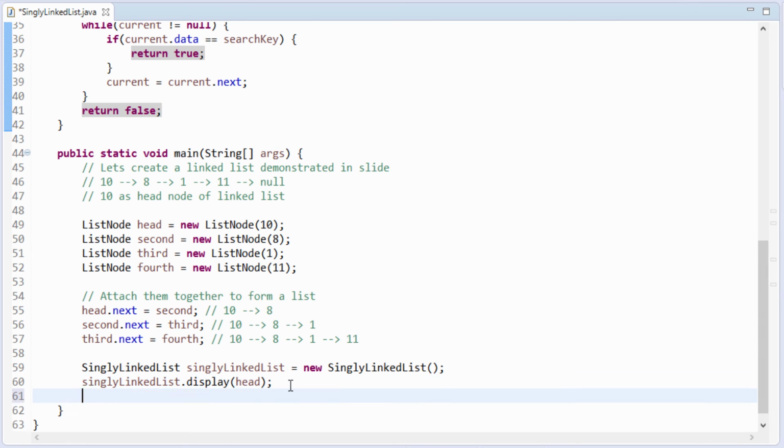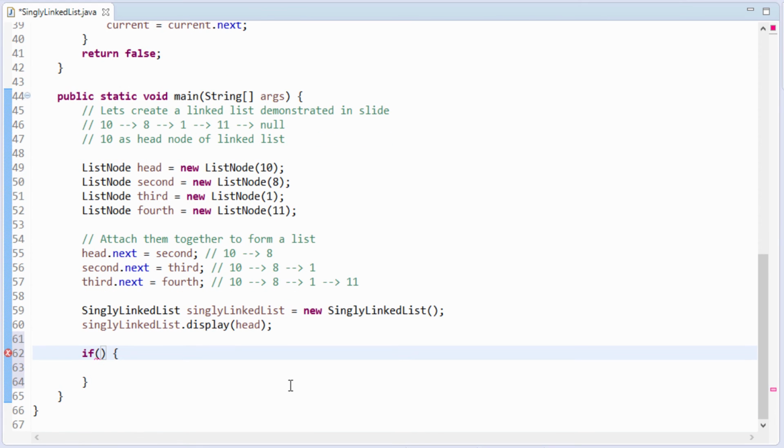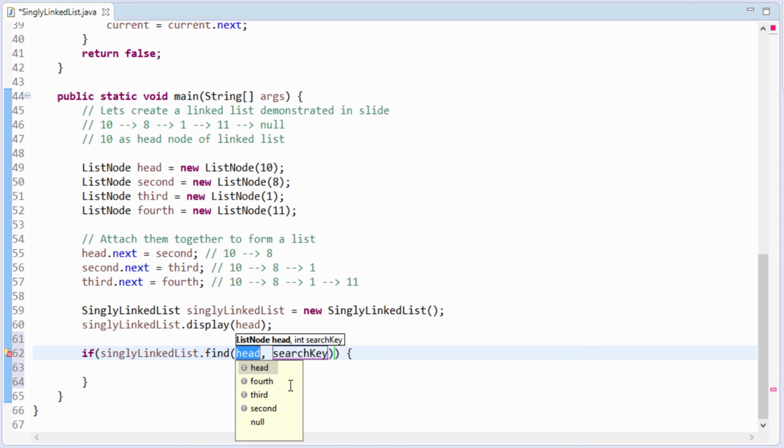So in our main method, we'll create an if condition, and let's say here we'll say singly linked list dot find, and to find we'll provide head and a value 1.